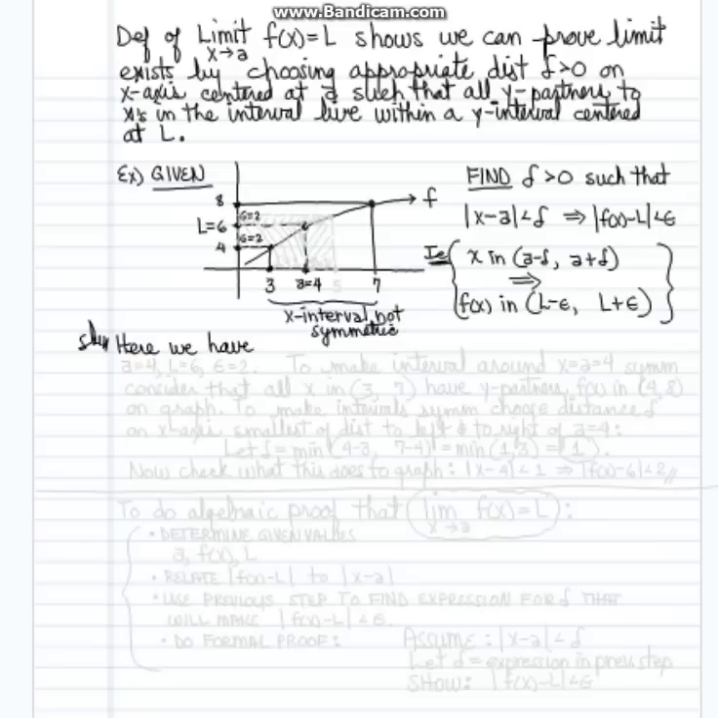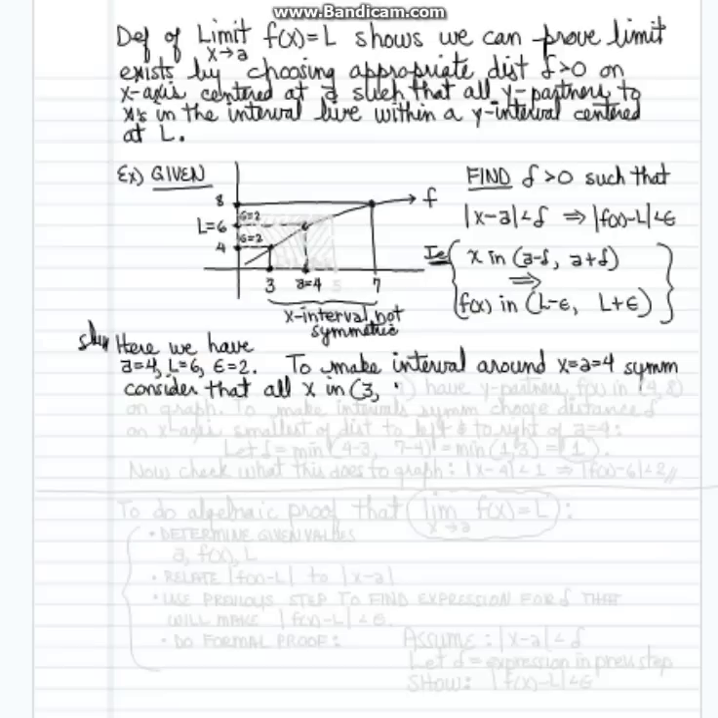Okay, so let's find this delta. Here we have A equal 4, L equals 6, and epsilon equal 2 in this particular limit. We don't know what the function is, so we're working with the graph. To make the interval around A, the x value A, which is equal to 4, symmetric, we consider that all the x's in the open interval from 3 to 7